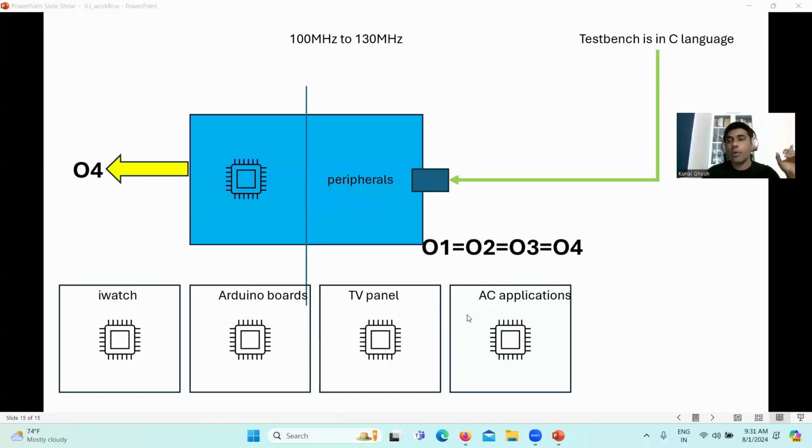AC applications. If you look at all the ACs that you have, they don't need high frequency, and they can easily operate at 100 megahertz to 130 megahertz. So this is basically the entire flow of whatever all of you are going to